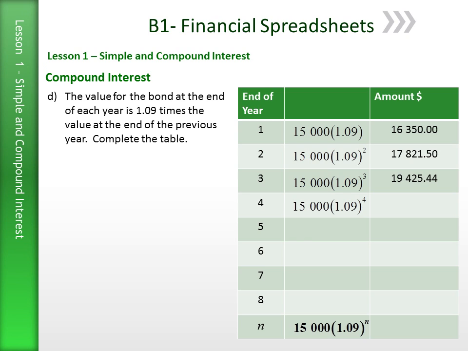The value for the bond at the end of each year is 1.09 times the value at the end of the previous year. So we're now going to complete the table. For the amount after year 4, we could either take the amount from the previous year, year 3, and multiply that by 1.09 to get the